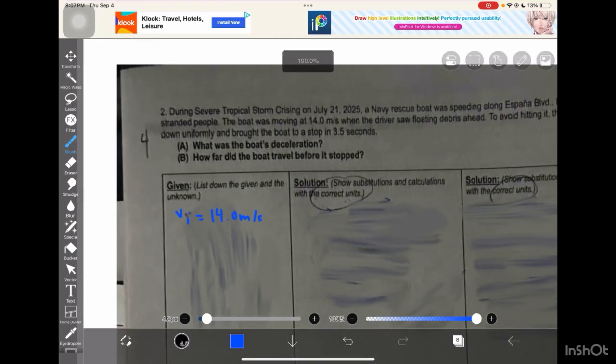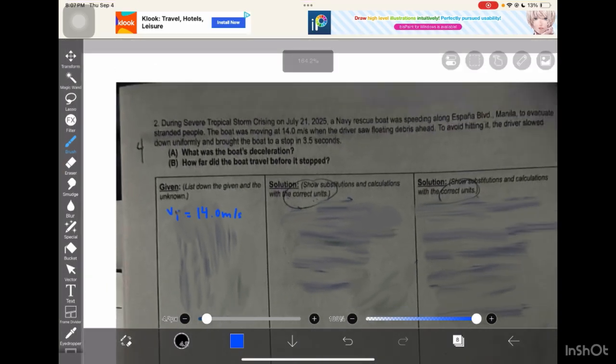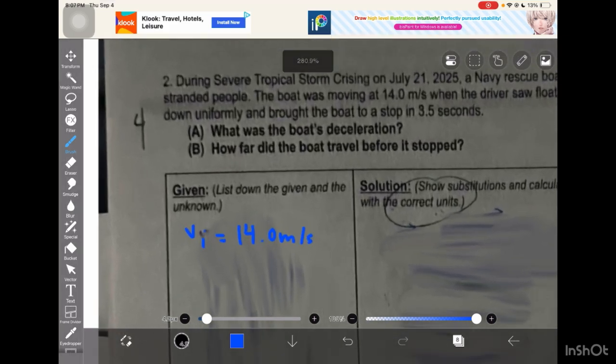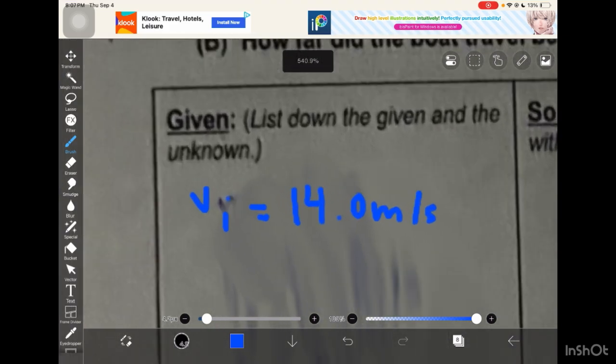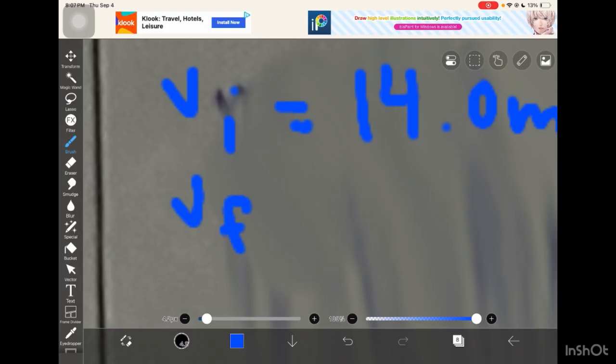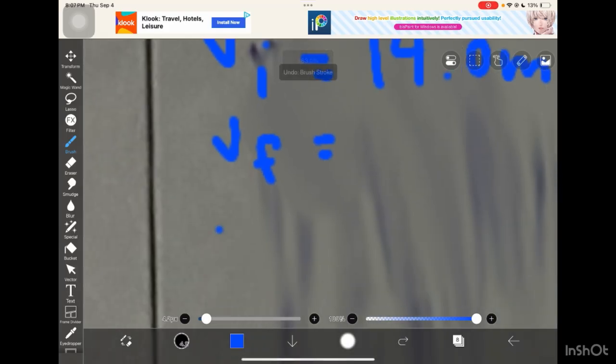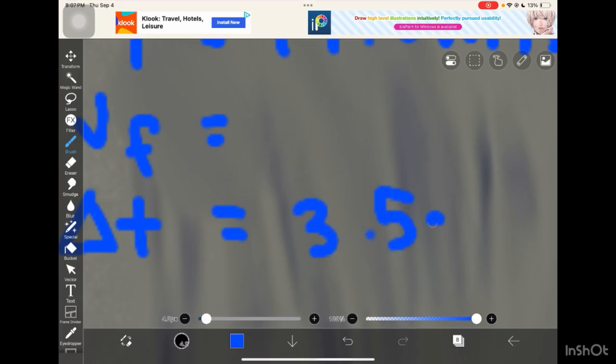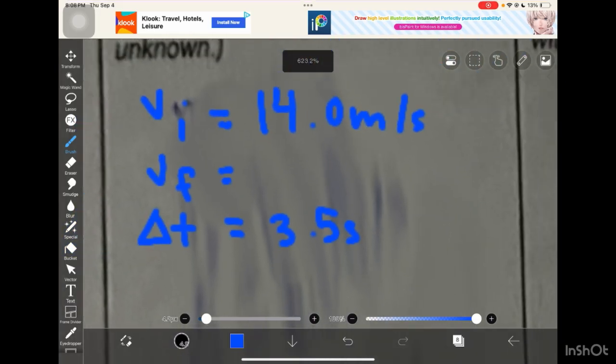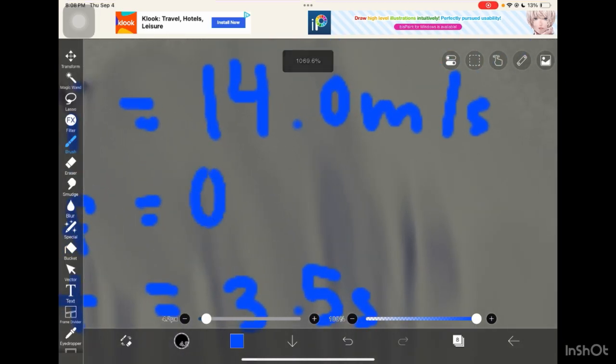V sub i is equal to 14.0 meters per second, until the driver saw floating debris ahead. To avoid hitting it, the driver slowed down uniformly and brought the boat to a stop in 3.5 seconds. So let's see, what do we have? We have V sub f, yes, is 0 meters per second because